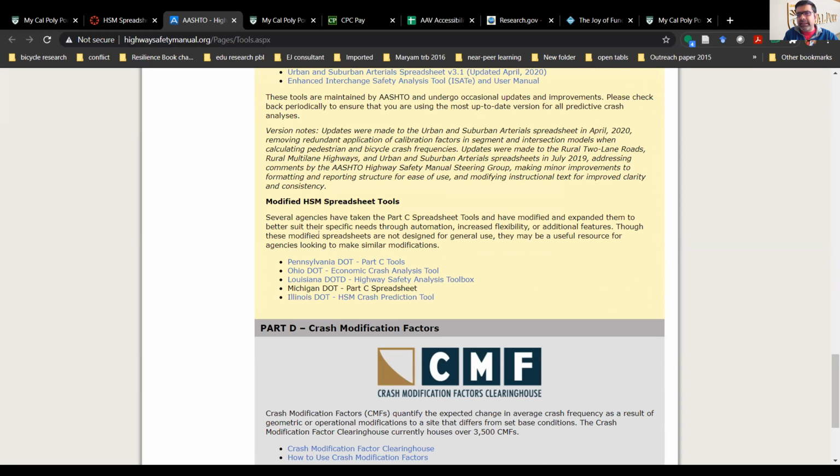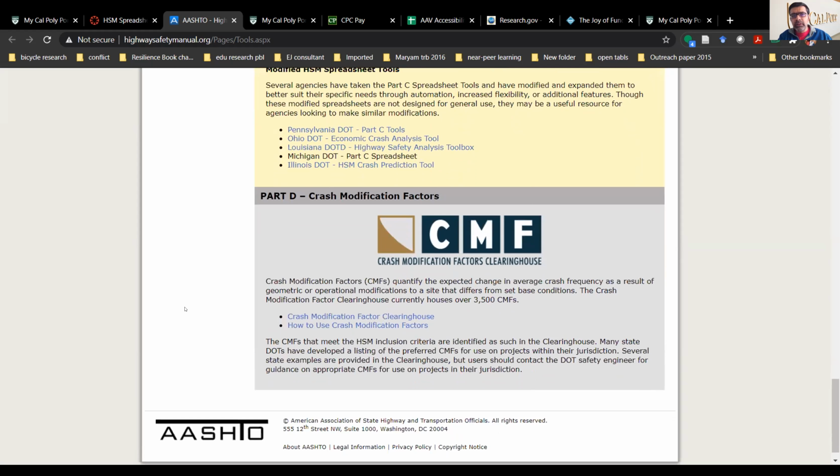states. I don't think California has that kind of tool yet because California was one of the states for which the data in the HSM safety performance functions was in fact used. So they haven't quite developed their own tools, but if you end up working on projects for different states, there are some links here for other states. And then the crash modification factor clearinghouse that I mentioned to you earlier. Okay, so there are some tools here, and Michael is going to show us